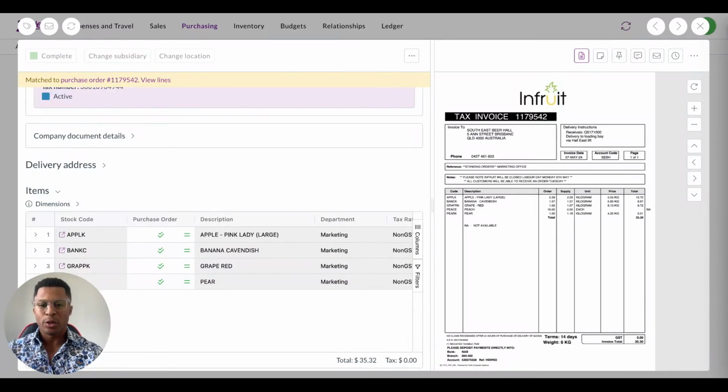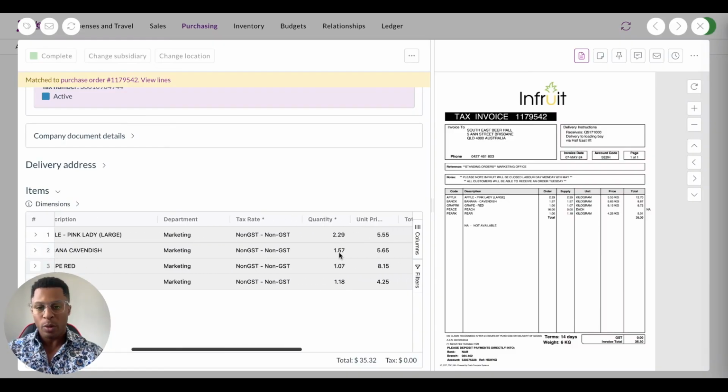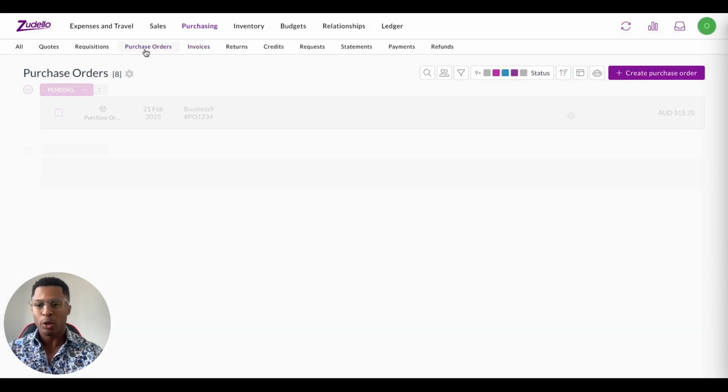Another cool feature in Zudello is that if this invoice did not exhaust the full PO, you'd be able to see that with the purchase order as well. So let's assume here that we've got the quantity of the invoices here and we've got the quantities here. But on the purchase order, for whatever reason, it hasn't exhausted the full purchase order. So what I'll do is go to the purchase orders submodule and we'll